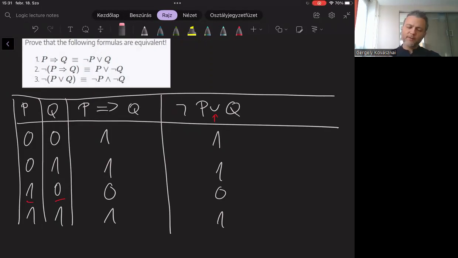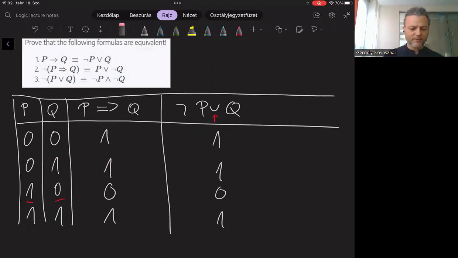Actually, this is a very interesting fact. As you will see in the subsequent sections and modules of this lecture note, if two formulas are equivalent, they can be transformed to each other. This will mean that if we have an implication like that, we can transform it to a disjunction like that. So basically, we can get rid of implications and replace them with disjunctions. This was just a side note.